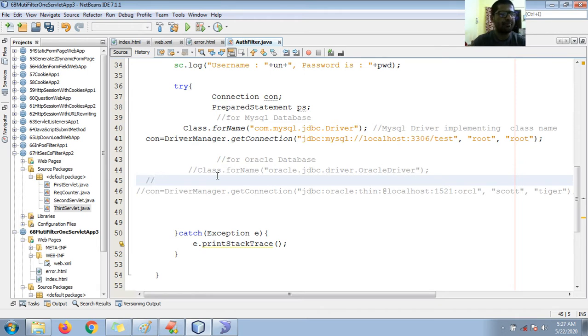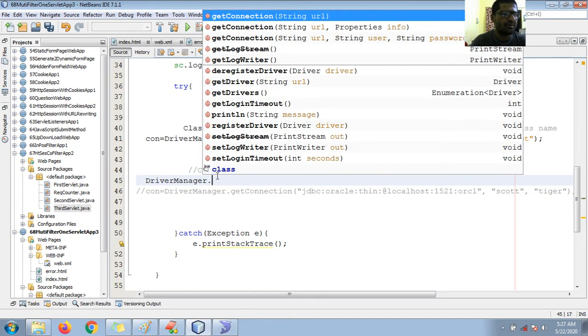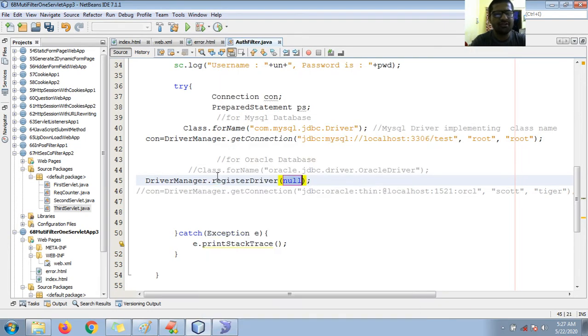So if you are happy with this, you can go with DriverManager.registerDriver also, and here you can mention your driver class name, oracle.jdbc.OracleDriver. So in this way also it is possible. So new